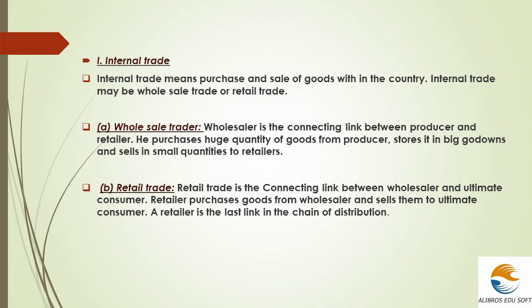So we have already discussed that there is a proper channelization in the distribution of goods and services from the producer to the final consumers. Also we have studied that trade is the link, or the relation, between the producers and the consumer. Between producer and consumer, there are various parties involved in the activities of trade, and the retailer becomes the last link in the chain of distribution. After the retailer, it is the consumer, where the ultimate consumption happens in the chain of distribution.